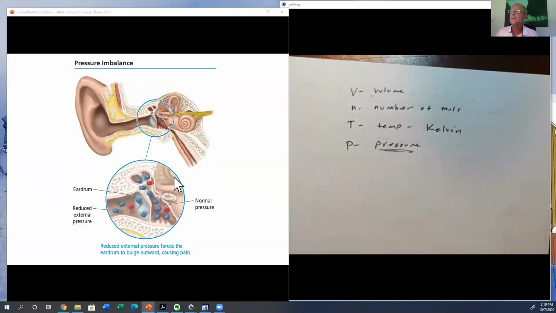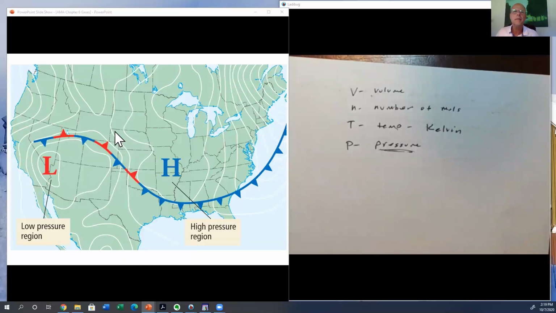You may have seen maps like this of weather. They put high pressure and low pressure. High pressure means there's more gas particles there at a higher pressure, right? And so that tends to be a sign of good weather coming in because it pushes storms away. Low pressure in a weather map draws storms in, and it tends to be a sign of bad weather coming,